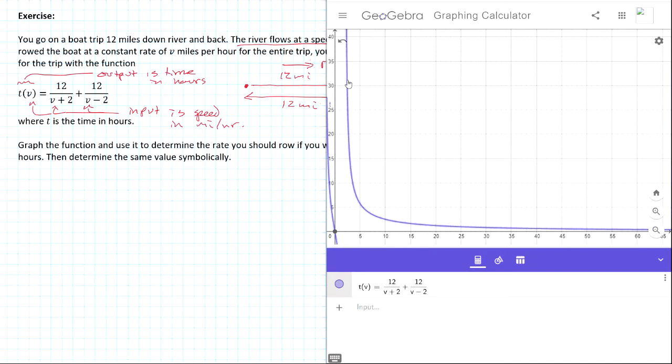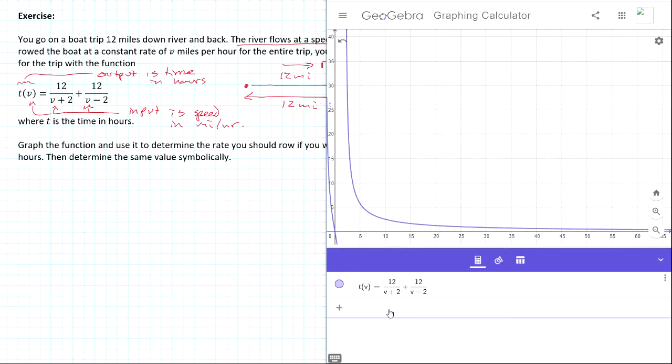And then we can see that if I look at any point on this line, and I say, okay, this is like 2.2 or 2.3, and the output is 30, that means if I'm going 2.2 miles per hour, it's going to take me 30 hours to finish the trip. And we definitely don't want that. You can see as we come down, a vertical value of 8 is right in here. And it looks like the speed that we're going, the horizontal value here, is probably 4,